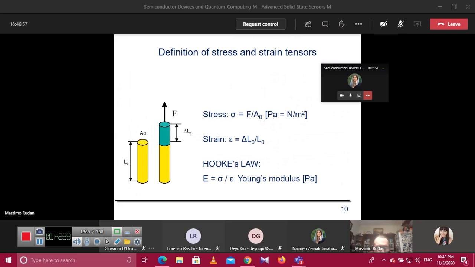If you have a bar of length L0 that is unperturbed and you pull it with an axial force, a force that is oriented along the axis of the bar, if the force is F, the stress is sigma equal to the force over the area of the cross section of the bar, and the strain is the relative variation. So it is the elongation delta L0 normalized to the unperturbed